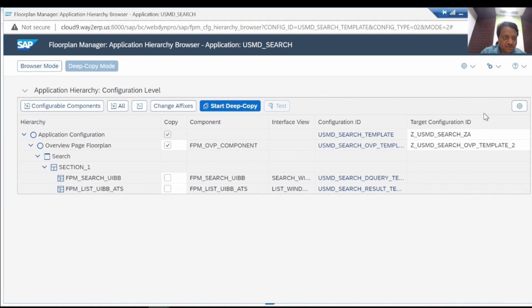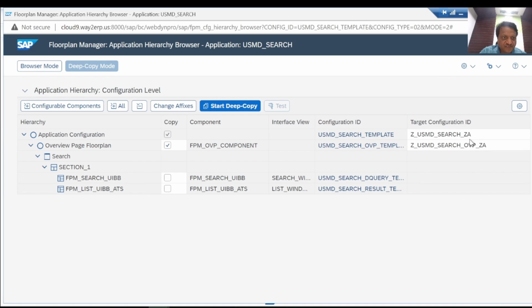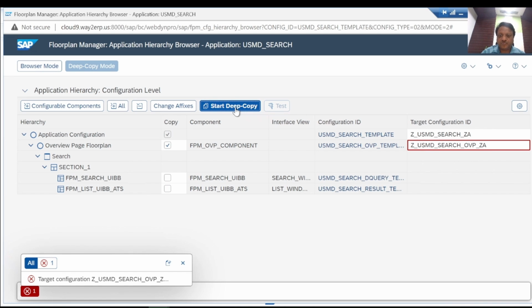We'll say ZA, and in the second case let's call this ZUSMD_SEARCH_OVP, and then we will have a suffix with our data model. So with this new definition for the application configuration and the UI configuration, we will start the copy. So press this button,